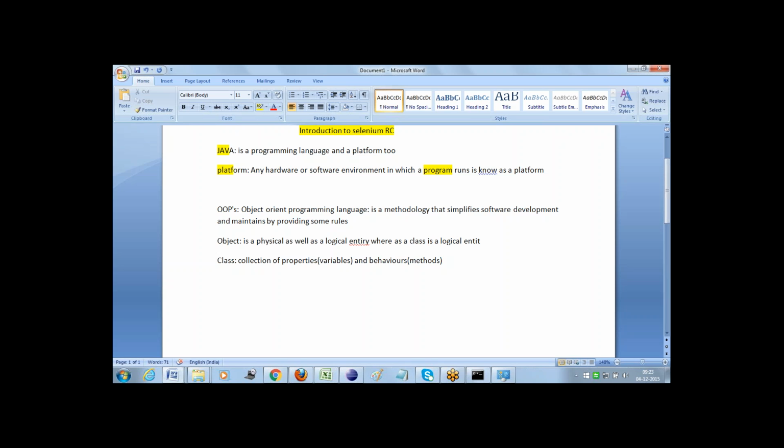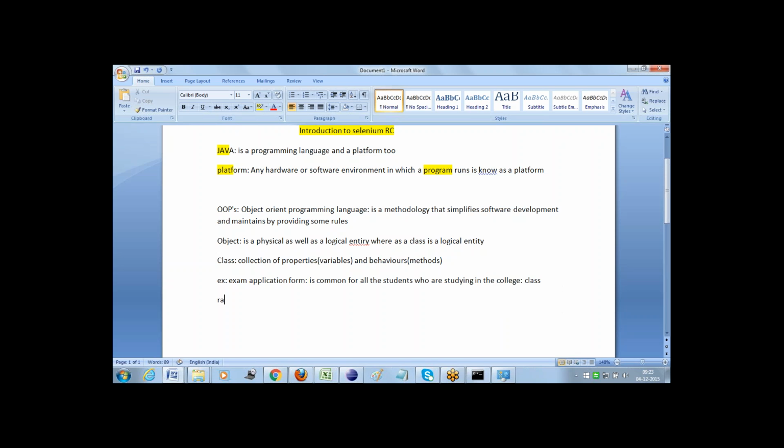What does it mean? Let me give you a small example. The best example for this is an exam application form. Suppose this form is common for all the students studying in the college. If there are 1,000 persons in the college, this form is common for all 1,000 persons, which we can call a class.